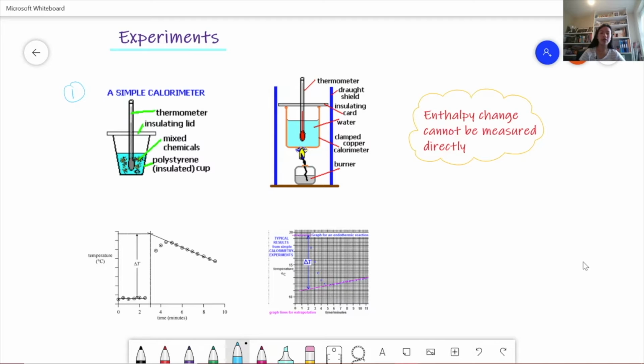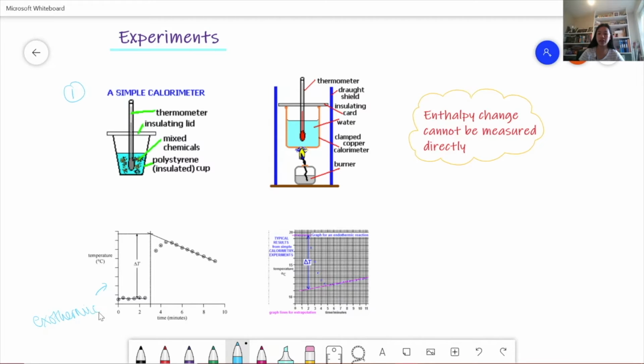So we use the thermometer to measure the temperature, and then we plot a graph. So we set specific time intervals between where we take the temperature, and we get a graph kind of like this. So this is an exothermic graph